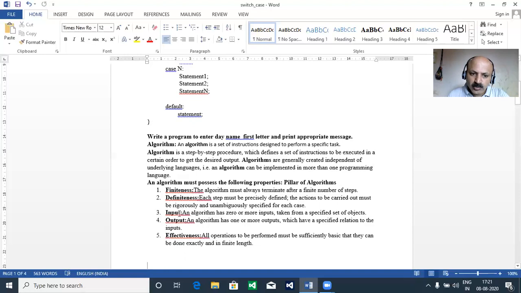You have to take input and output. Like here, you can enter the day name's first letter and find the maximum number. That is not possible. So that means you can input, and that type of output appears. And effectiveness. Effectiveness means all operations to be performed must be sufficiently basic that they can be done exactly and in finite